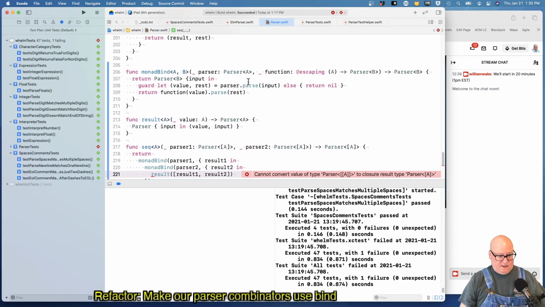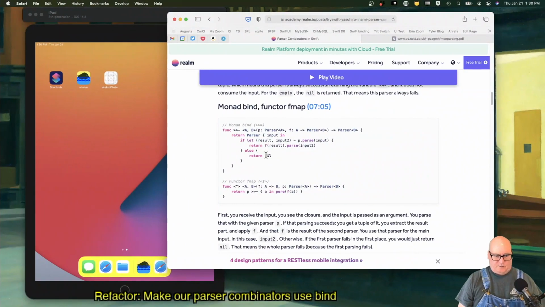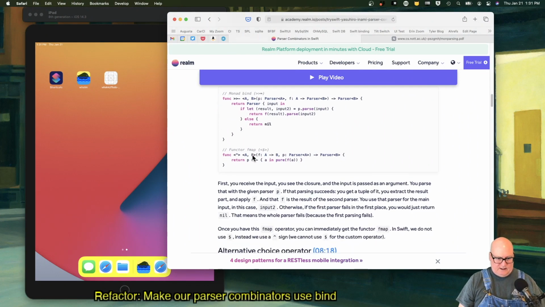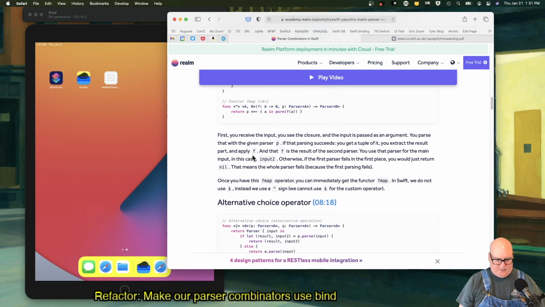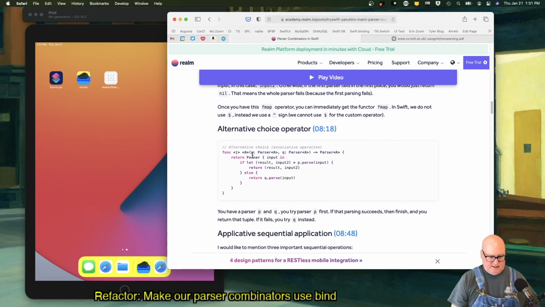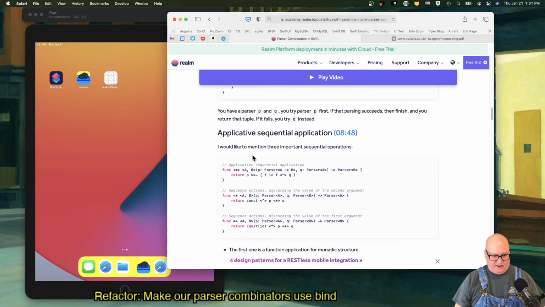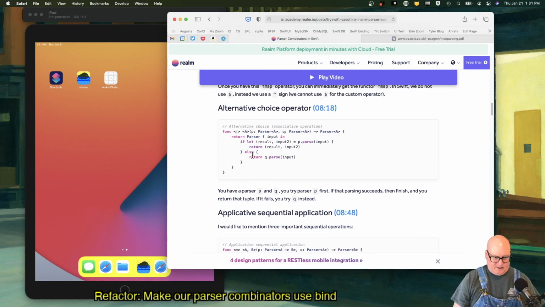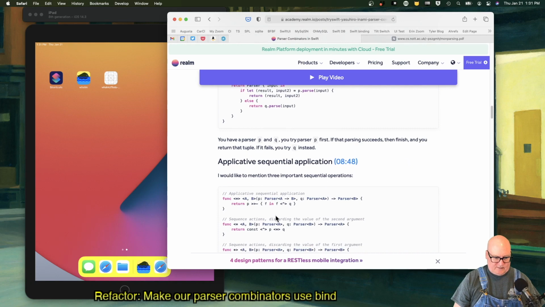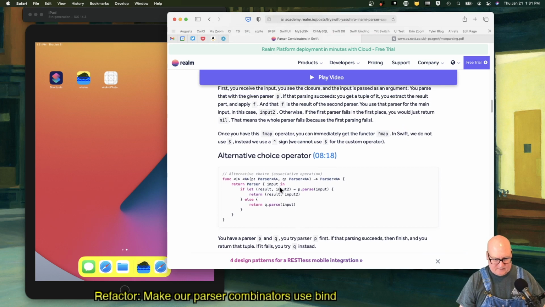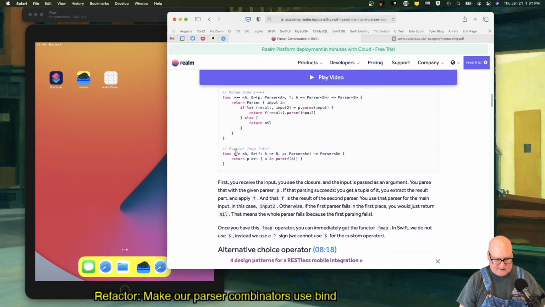Where's our monad bind? I guess I flipped the logic a little bit. If it's a value and rest, parse the input, else return nil, and then apply the function and get the result of applying the parse to the rest. Yeah, which I think is equivalent code. Now, his sequence parser, he doesn't define it straight away, so I don't know where he's getting off. He's got these intermediate operators, and maybe they're doing the flattening or something. He does define this fmap,